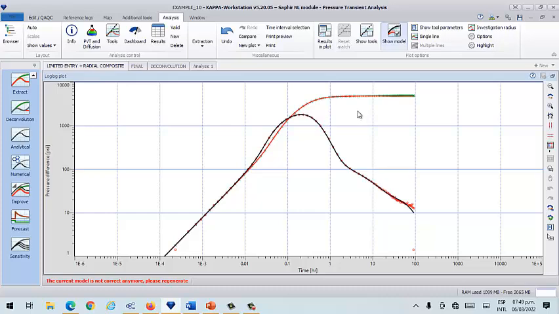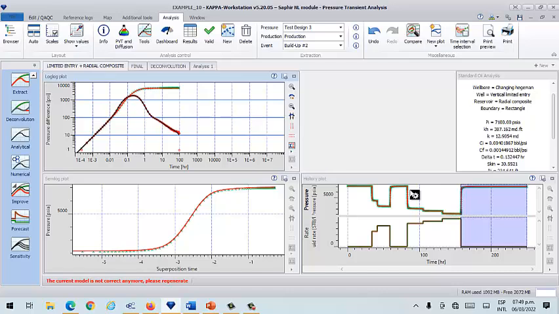This type of thing, in many cases, is expected when you have water injection, or a change in mobility, or gas condensate, where condensate and gas are close to the well, within a composite radius, and as you move farther from the well, only gas, and therefore the